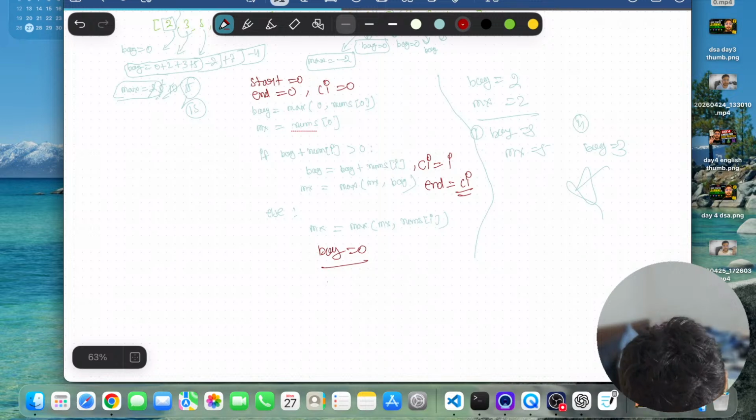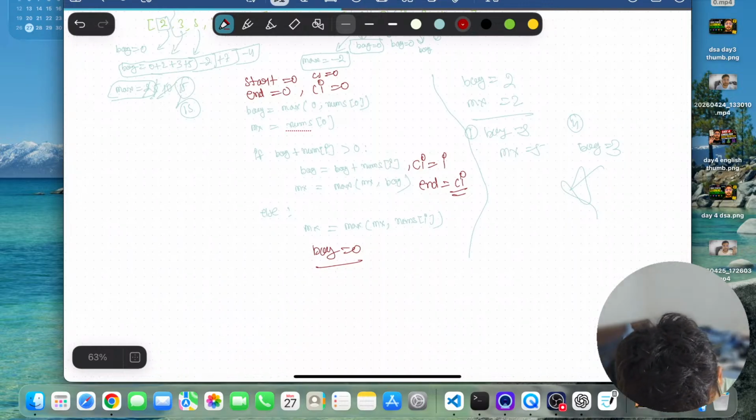So here we will be having, okay, let me do one more thing. cs equals to 0 also. So current start, current end 0, start 0, end 0. So if bag is nothing but this one, then ci will be 0 and